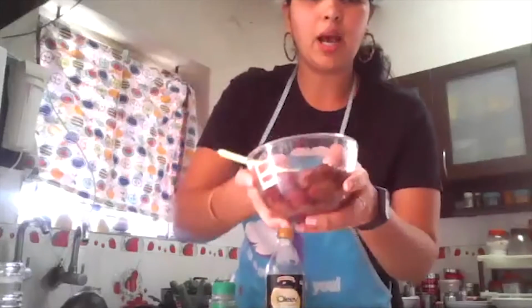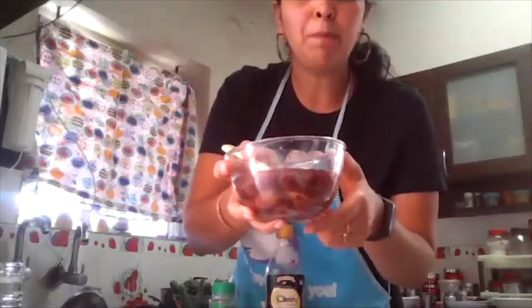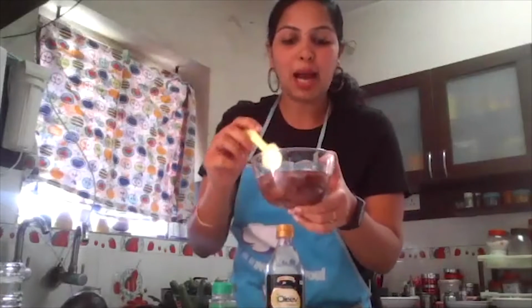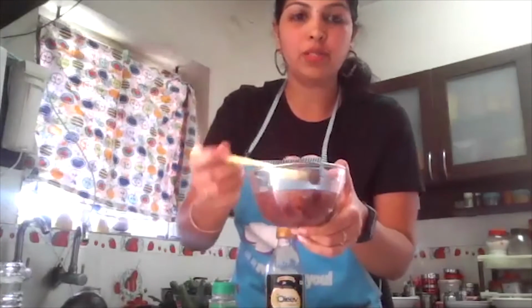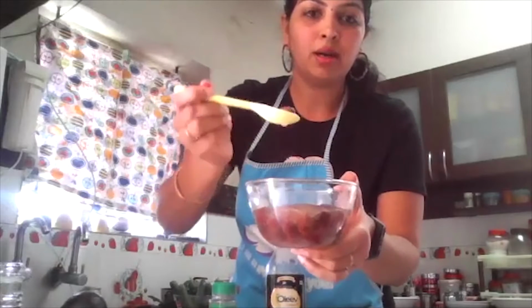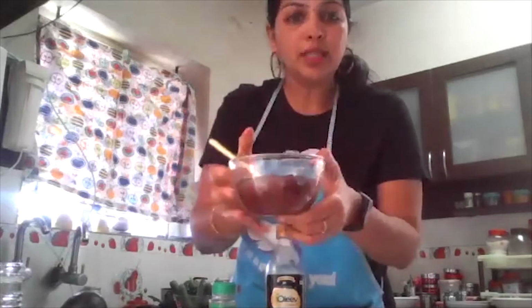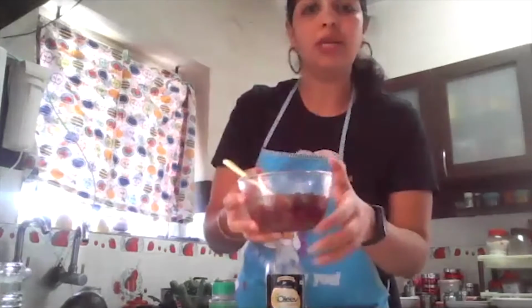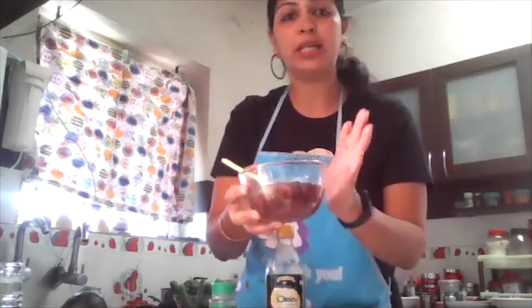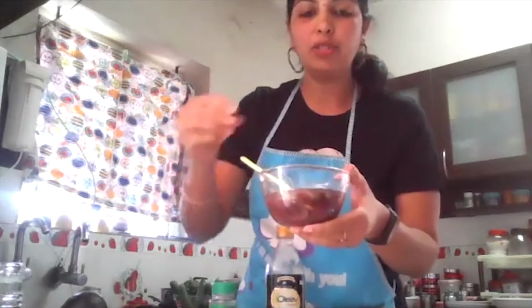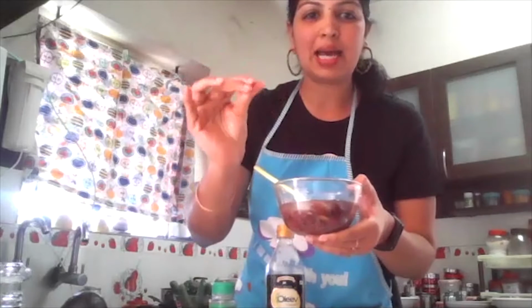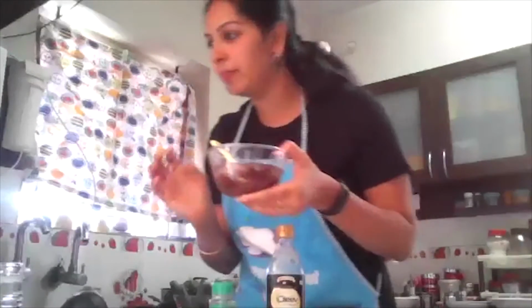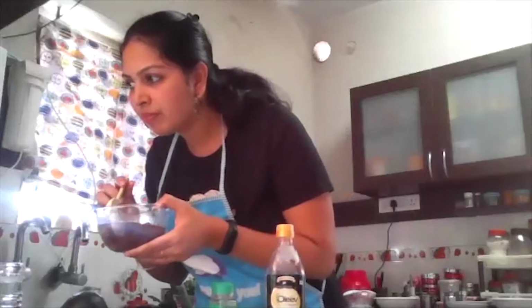So here if you see the Kalamata olives, it is always purple in color, unlike the black olives. The black olives are always black in color, but the Kalamata olives, if you see, are violet in color. So this is the original Greek olive that we have to use for the Greek salad, because the taste itself will vary. And if you see, the texture is also a little slimy and oily. Whereas the other olives, actually, we are unable to see the olive color.